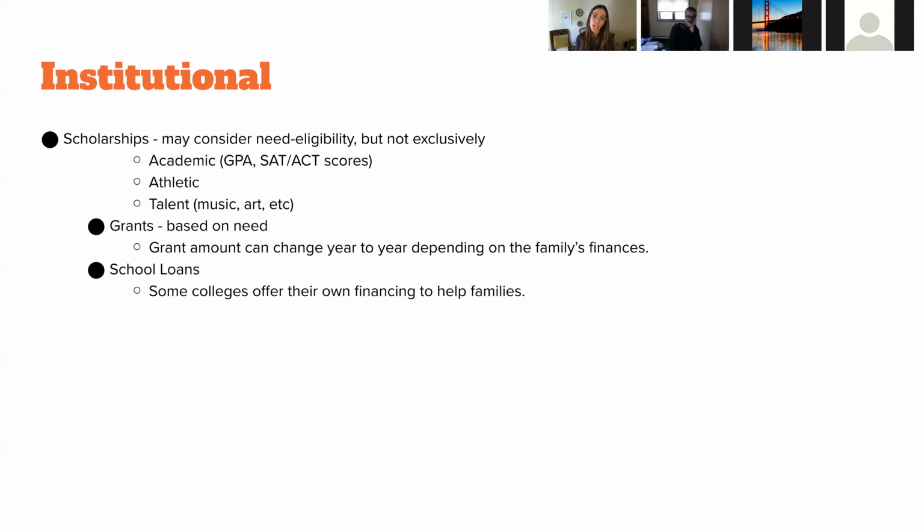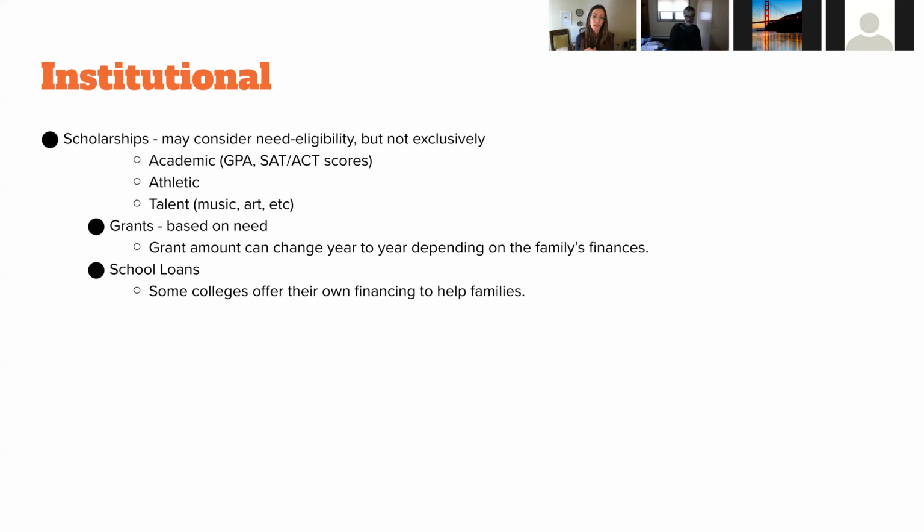It's less predictable now. And we're seeing that with WUE schools. They'll say on average, a student who gets the WUE award has a 3.9 GPA. And you sort of have to say, well, that's not a requirement. That's just an average. And so it's really tricky. It's an art, not a science, figuring out if a student is likely to get a scholarship. So institutions can give scholarships that might have need eligibility wrapped in, but typically those are first and foremost looking at merit: academic, athletic, or some kind of talent. So any of those could be considered.